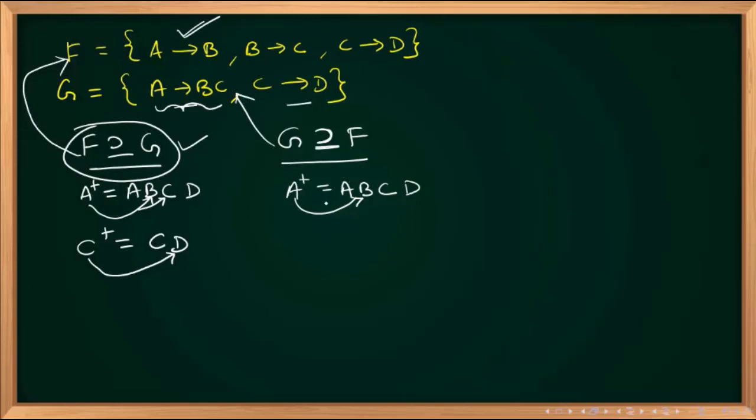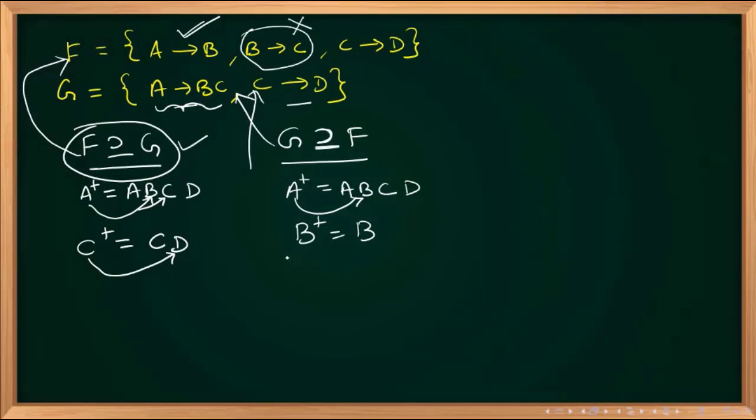Now, anything else we can do? No, not possible. A to B is only satisfying. With the help of that one we cannot do anything else. Now we'll see B to C. We'll check whether B to C is present in G or not. G should be a superset, no? So we'll take a B closure in G. What is there if you take B closure in G? Only B will be there. B determines C, you are not getting, no? So this is not available in G.